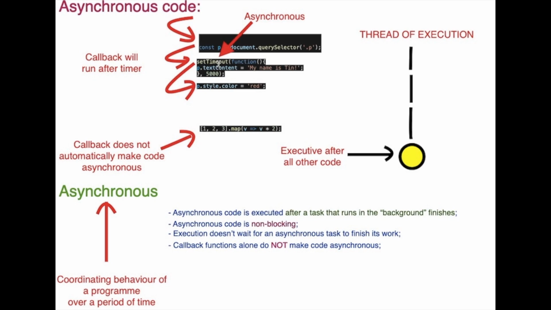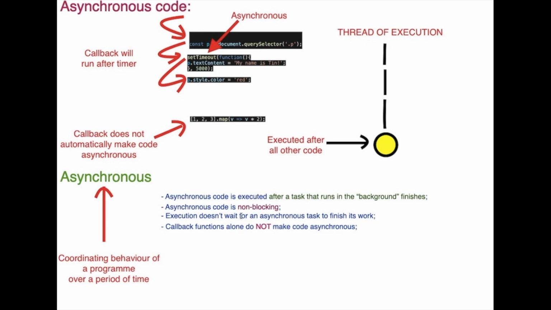So this callback function that I just talked about is registered. We immediately move on to the next line. So the main code is not being blocked, and execution does not wait for the asynchronous timer to finish its work, and that's the big difference between synchronous and asynchronous code. So previously we had to wait for the user to click on the alert window to continue execution, and again that's because the alert is blocking synchronous code. But now with this timer, the callback is actually asynchronous, and so it's only going to be executed after the timer has finished, and so therefore we say that it is non-blocking, because in the meantime the rest of the code